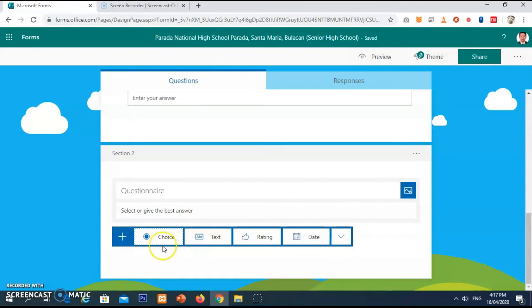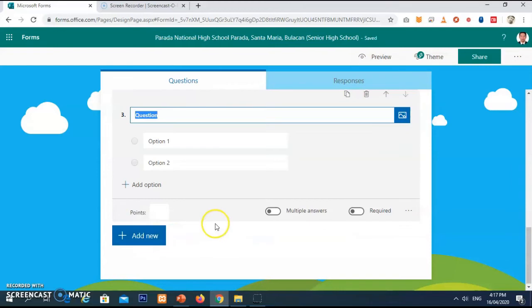Okay, so for question number 1, for this tutorial, let us use the option choice, since we already used the text. Click choice, then give your question. Take note, it will start with the number 3, although this is our first question. Why number 3? Because we used number 1 for the full name and number 2 for the grade and section. So number 3 is our first question. For example, this input device is used to enter characters,